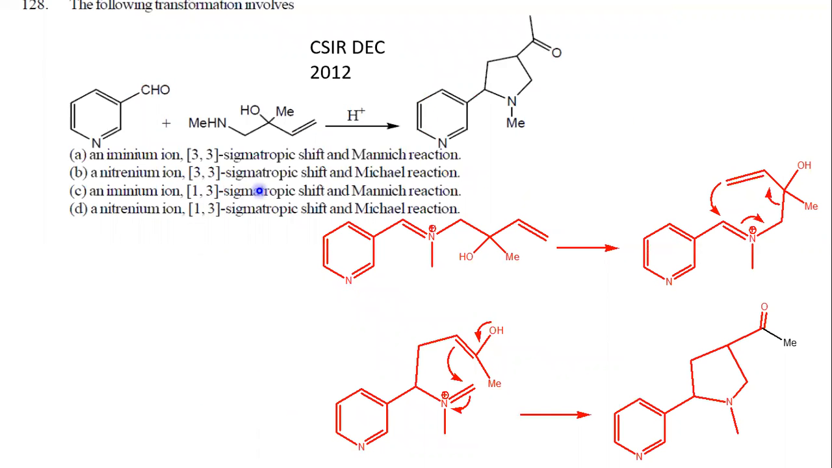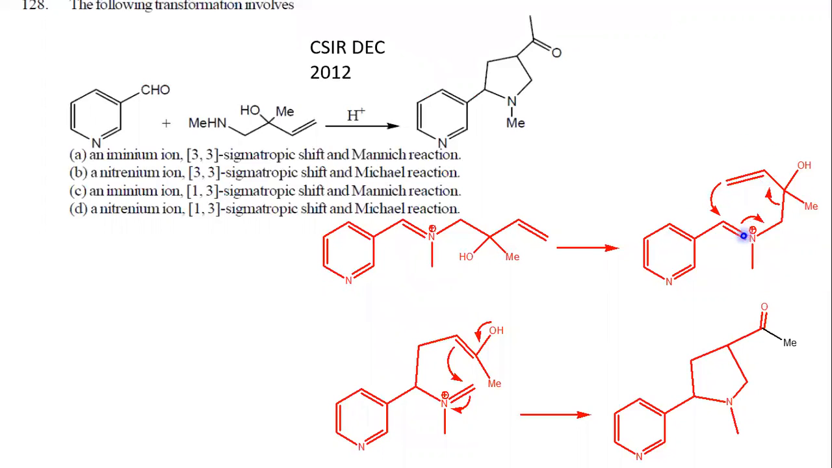And the next problem here is the following transformation involves. So the two reactants are given under acidic conditions. This is the final product. It would undergo a series of reactions to give you the final product. And the first step is the condensation of the aldehyde carbonyl group with the secondary amine to give an iminium ion. This iminium ion would become a suitable substrate for doing 3,3 sigmatropic